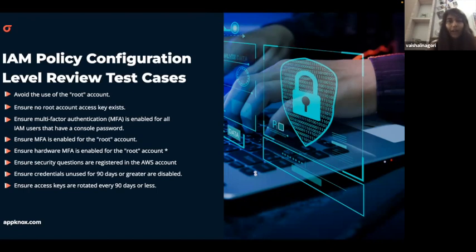So let me tell you why it is very important. IAM policy, in simple words, is like creating a number of users in your cloud account and assigning them roles and policy. So let's suppose a single user gets compromised, a single user's access key gets leaked, then it's going to compromise your entire account. So one of the very important policies which needs to be configured properly is IAM policy,